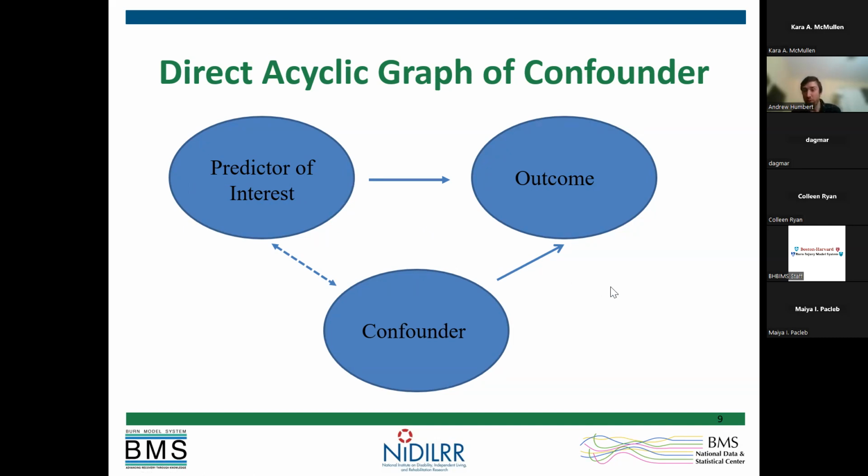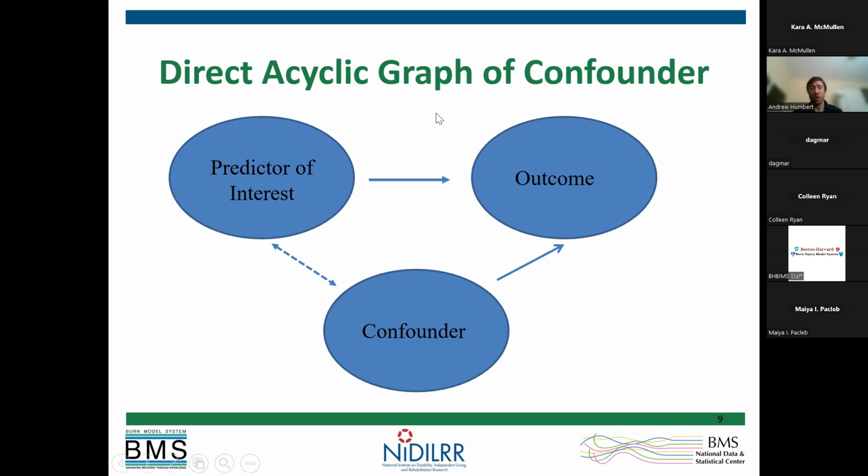I have a question here. Will you please comment on how it cannot be in the causal pathway, but it has to be causally associated? So it doesn't have to be causally associated with the predictor of interest. It only has to be in the causal pathway from confounder to the outcome, not necessarily from the confounder to the predictor of interest. So that just has to be association. There could be something else that's causing both of those, and that causes that association, but it might not be a direct causal trend for that. But we do want it to be in that causal pathway from confounder to outcome. We want that to occur.